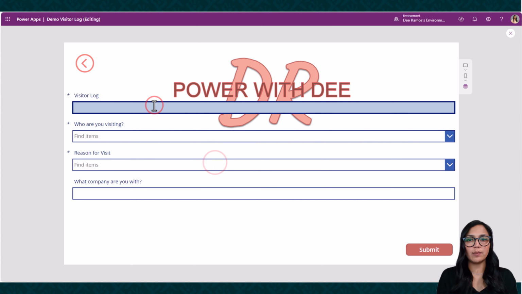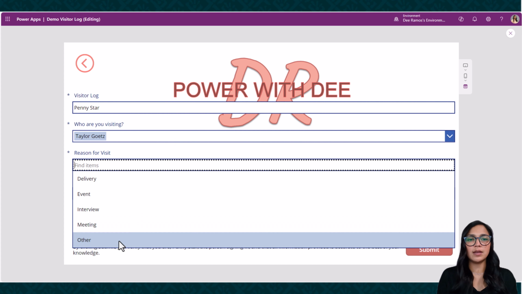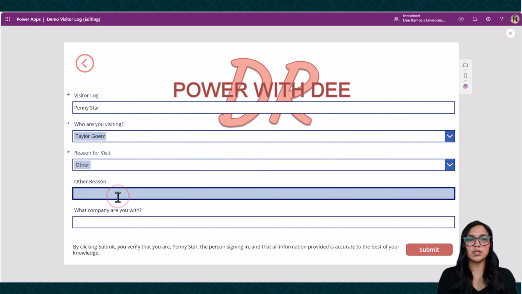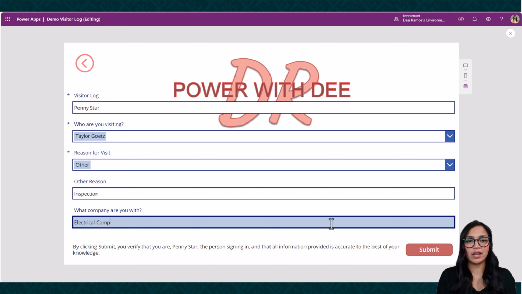Let's add one more here, I believe. So let's do Penny Star, and Penny is here to see, let's go with someone different. Let's go with Taylor this time. And we are going to pick other, and we're going to fill out both of these forms. So we've got Penny is here for an inspection, and if I try submitting, yep, you've got to fill out the entire form. Sorry, Penny. So let's fill out what company you are with. Let's say Penny is from an electrical company that needs to do some sort of inspection here. All right, so if I click submit,